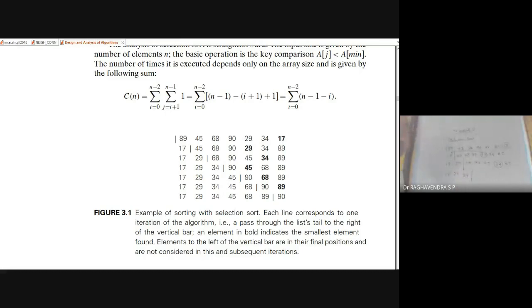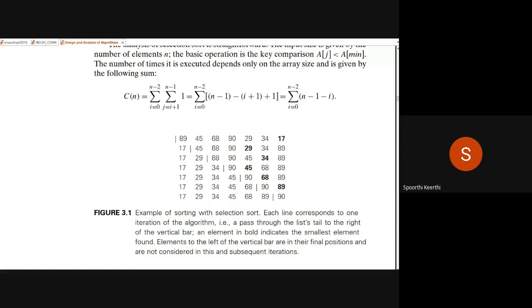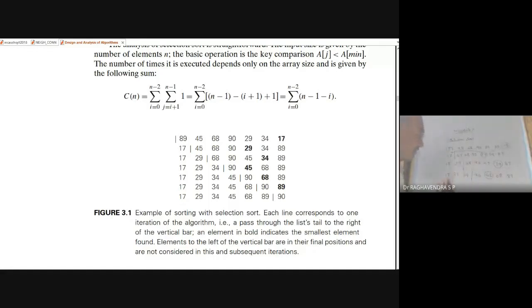Now you move this bar here. So what remains now? 90, then we have 45, and in this place I have to take the new value, that is 68 and 89. So what is the smallest element here? 45. So 45 is the smallest element. Once again, you move this, so 17, 29, 34 becomes 45. You move this bar again here, so now this region becomes 90, we have 68 and 89.